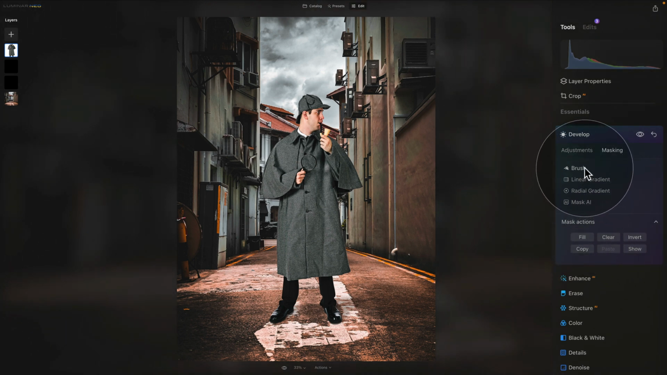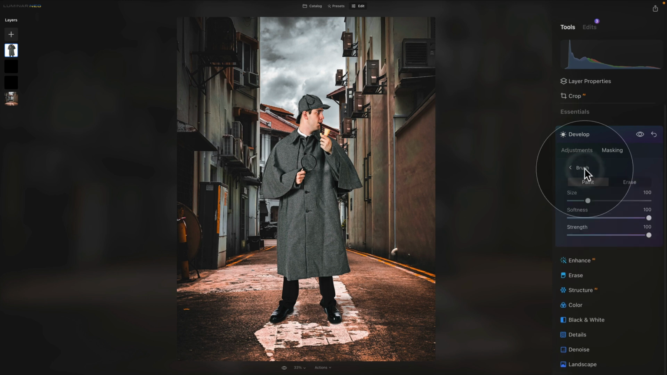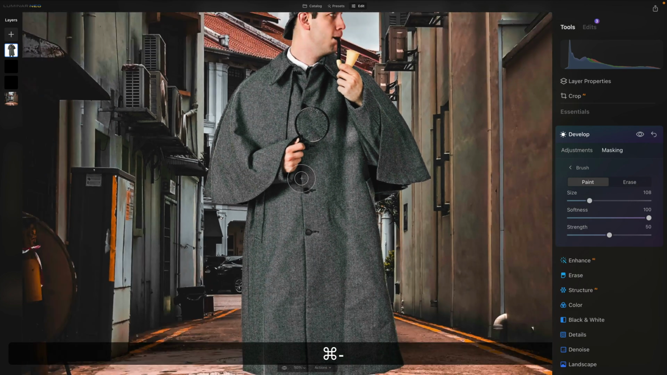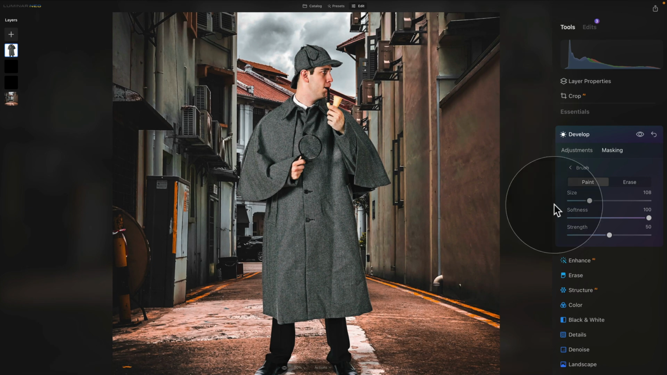And they will only appear wherever we're gonna brush with our brush tool. So click on brush, make sure that you're on paint, and for the strength we're gonna go somewhere around 50, and we just adjust the size. Let's zoom in by using Command or Control plus, and let's have a look. So where would he be darker? Well, definitely on this side of his coat,